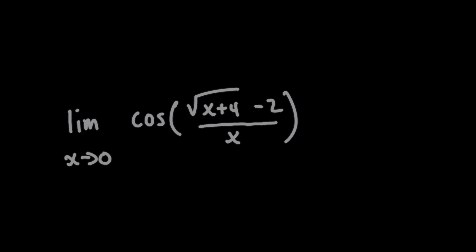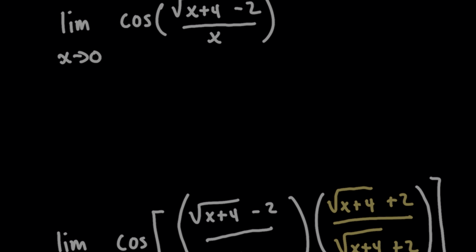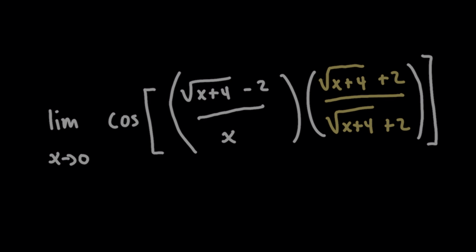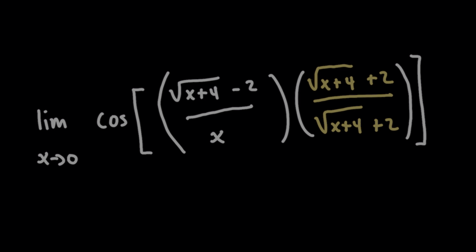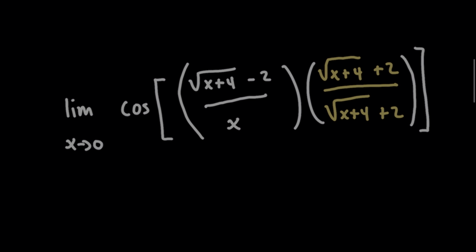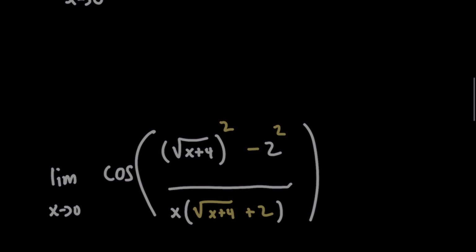And instead of using something like L'Hopital's rule in this video, what I'm going to use instead is the conjugate method. Now, you can check out the video above if you need a review on this, but long story short, when you have something of the form a minus b on this numerator, I multiply everything by a plus b over a plus b. And if we had a plus b originally, it would be a minus b over a minus b. So the idea with this is that we're trying to get rid of that square root,